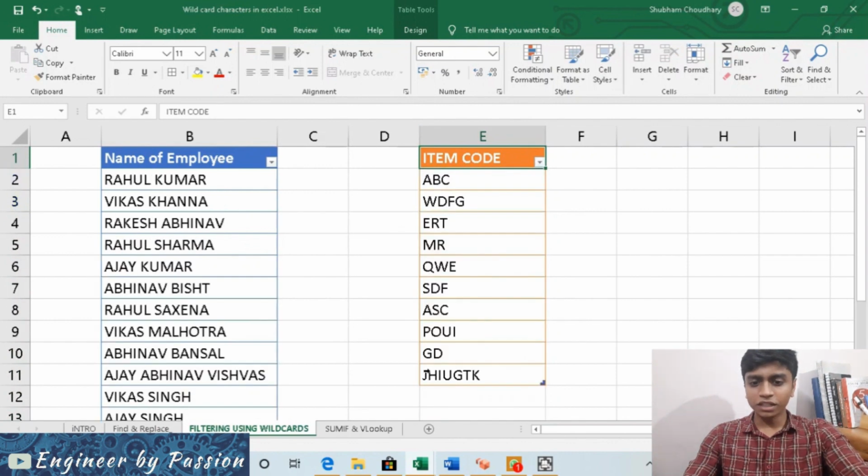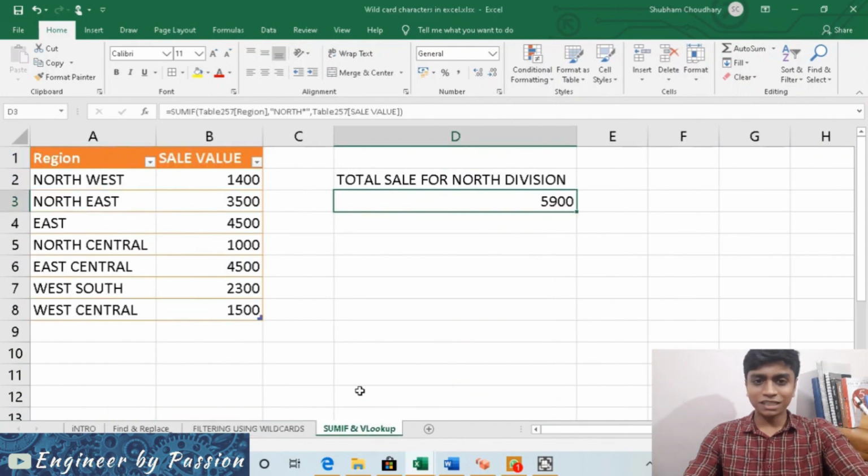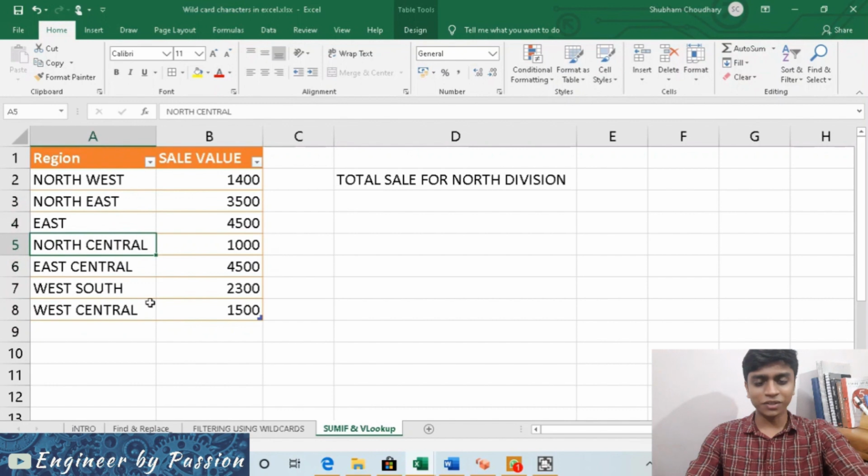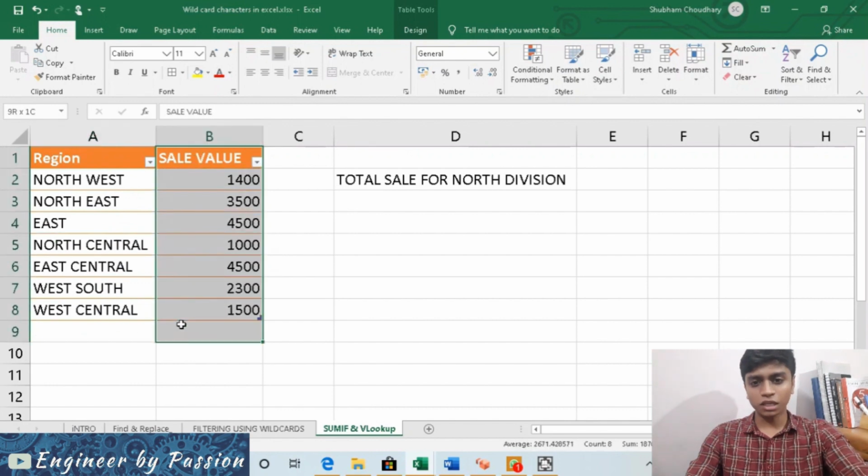Another example that we are going to see is the SUMIF function while using the wildcard. So friends, as you can see, we have the region column here. The regions are northwest, northeast, east, north central, etc., and their respective sale values are also there.